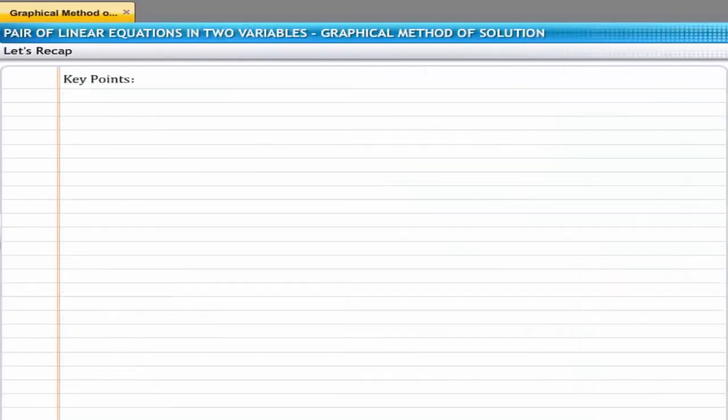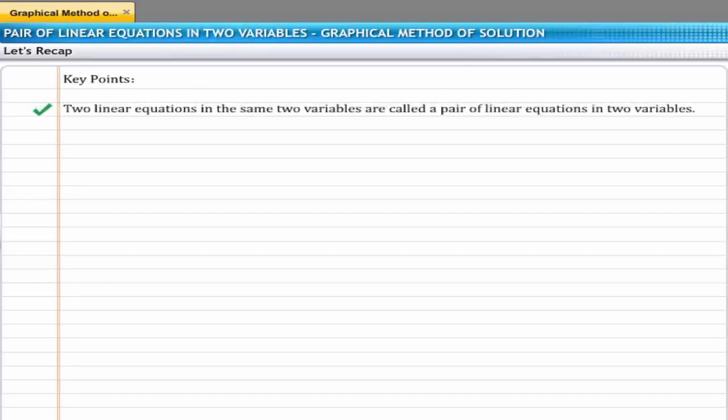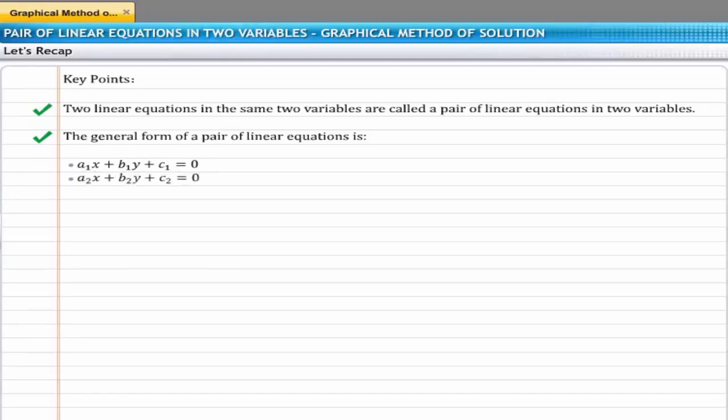You have reached the end of this section. Before moving on to the next section, let's recap the key points covered. Two linear equations in the same two variables are called a pair of linear equations in two variables. The most general form of a pair of linear equations is a1x plus b1y plus c1 is equal to 0, a2x plus b2y plus c2 is equal to 0, where a1, a2, b1, b2, c1, c2 are real numbers,